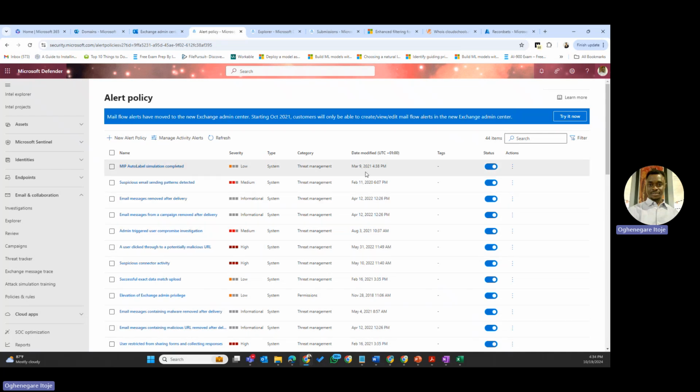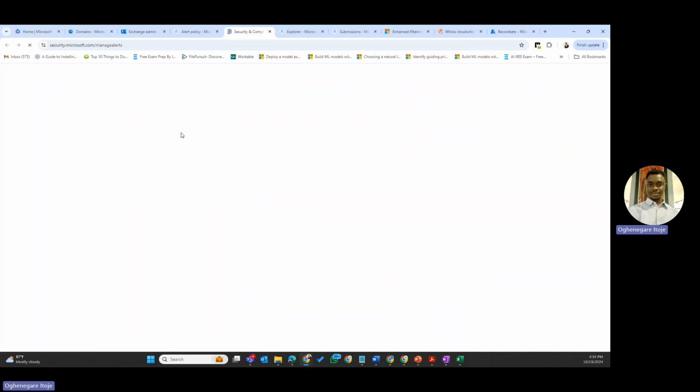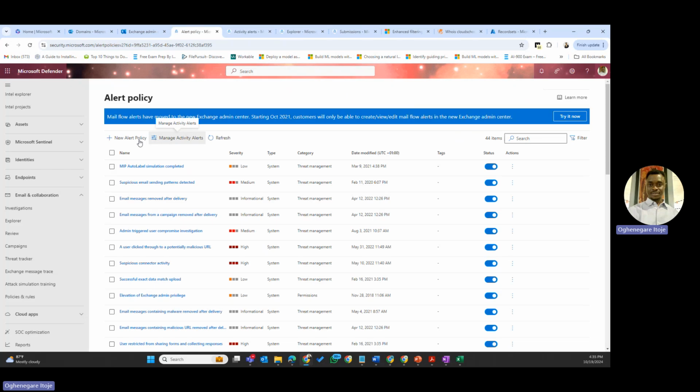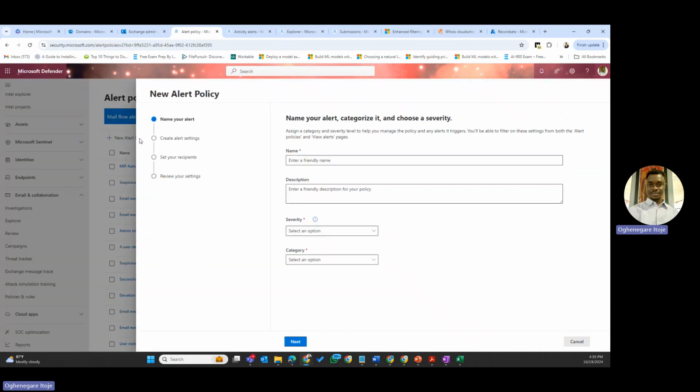So these are different alerts that are coming into the organization, right? It tells you when the alert comes in, the category of the alert, the type of alert, the severity. You can manage alert activity. Before that, you can create new alerts. So maybe there's a particular something that you as an administrator are suspecting, so you want to create an alert for it. You can just put a name for the alert and just call it